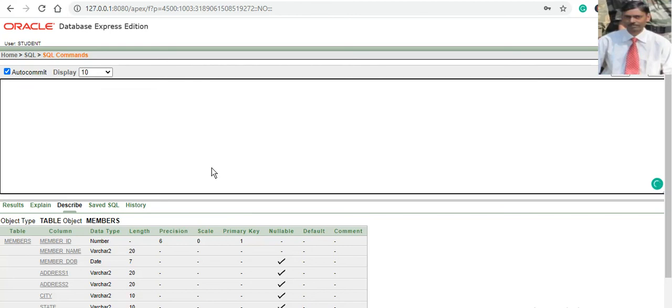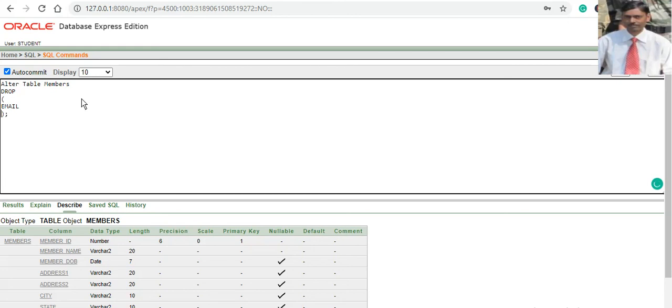Drop. Alter table members, then drop, and in drop you have to specify email. If you want to remove email, write it like this.